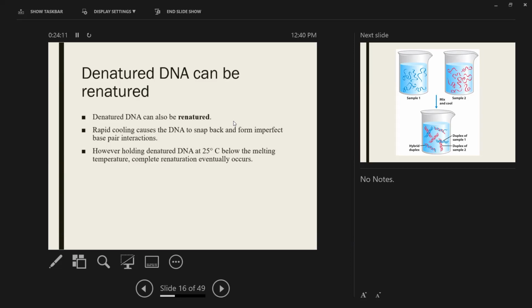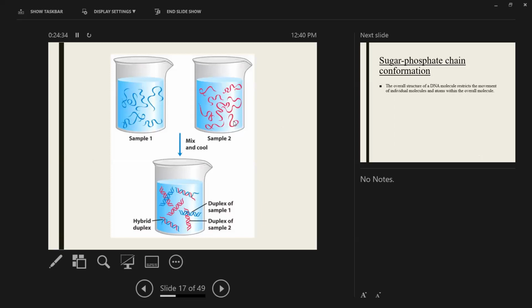If, however, you let it sit and cool very gradually, the DNA will do kind of a hunt for regions of homology, and it's very much a trial and error sort of thing. But once it gets one area that's of good homology, the rezipping becomes cooperative, and it can occur very quickly. Just like what you see here.